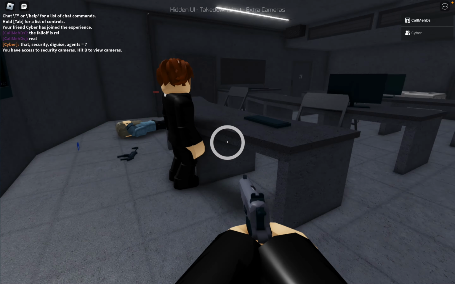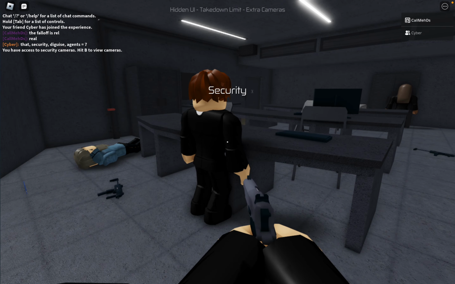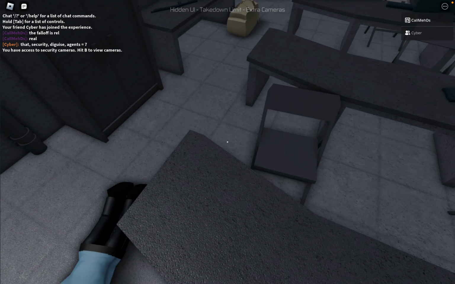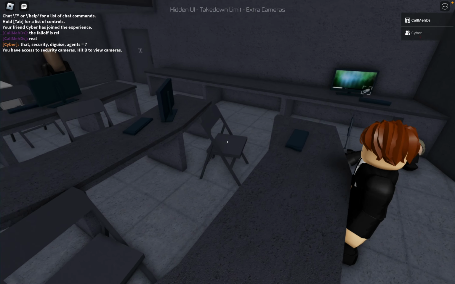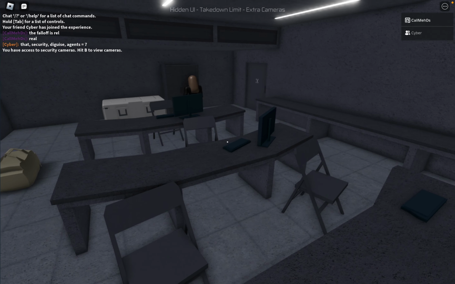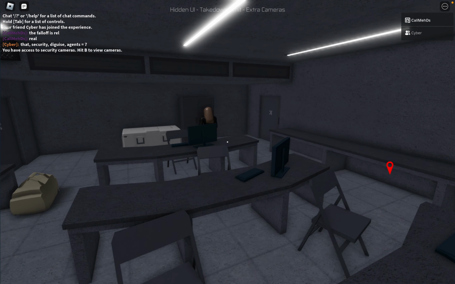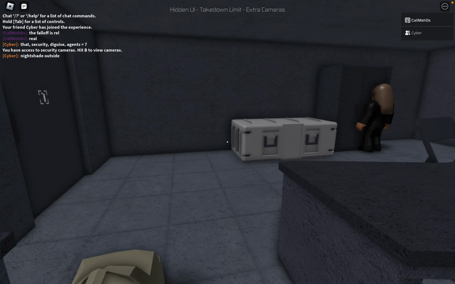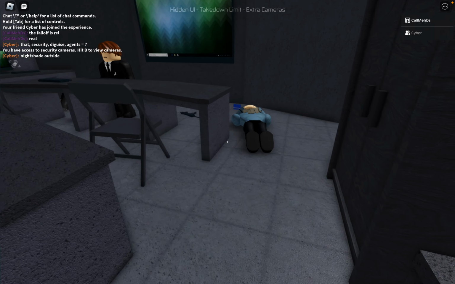I have taken out one agent. Alright. We've taken out 2 security, 1 janitor, and 1 agent. We have 2 more takedowns left. We're theoretically able to finish everything now. You know what? I trust that guard. I should not trust that guard at all in any...